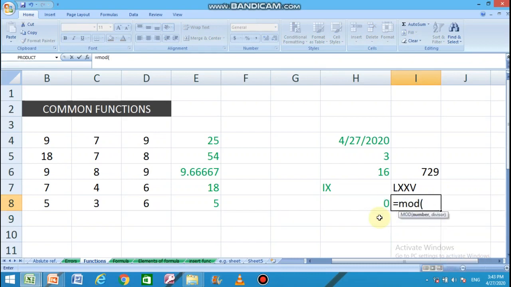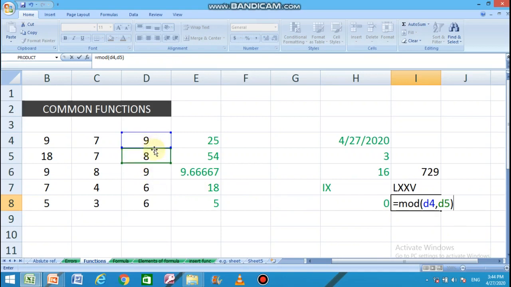Mod D4 comma D5. As I said, you have to provide two arguments. They could be either cell references or any constant values. Here I provided both the arguments as cell references. So D4 is having value 9 and D5 is having value 8.